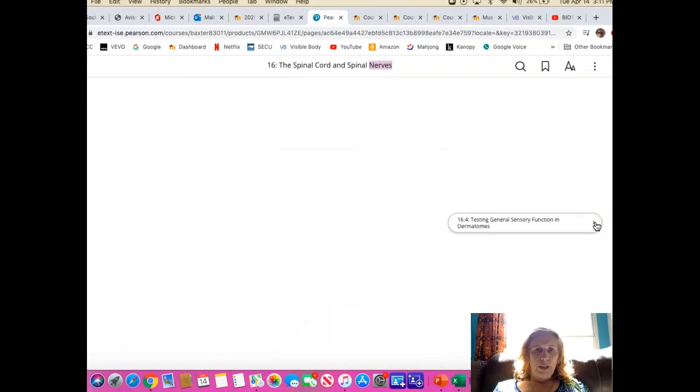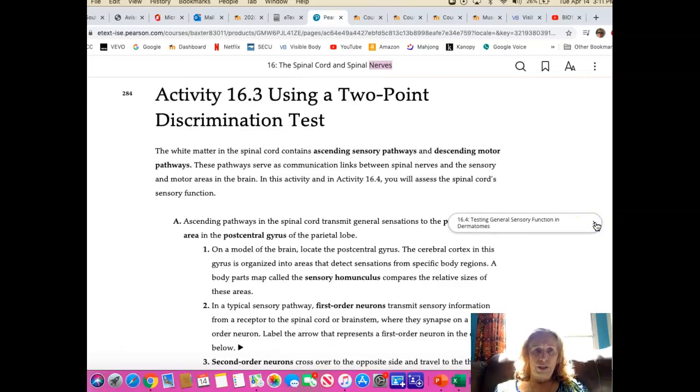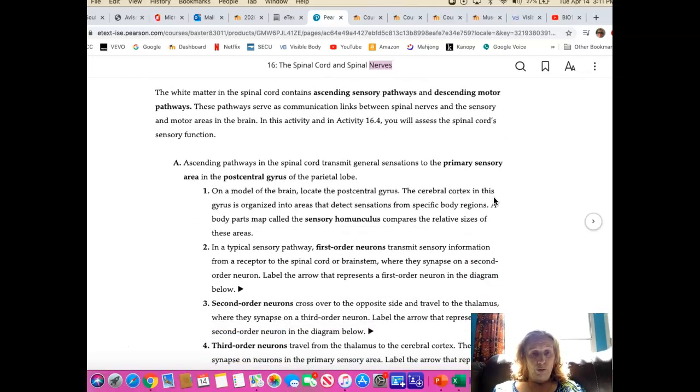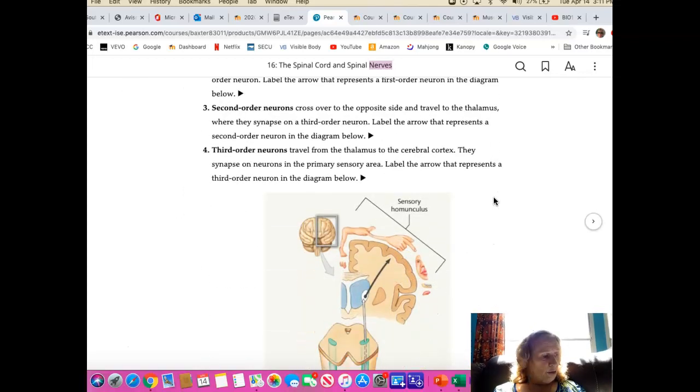The experiment begins with activity 16.3. You'll be doing what's called a 2-point discrimination test, and you'll be testing yourself. So you need to have some other person test you, or you could test them. It really doesn't matter. So you're going to read through this and try to understand